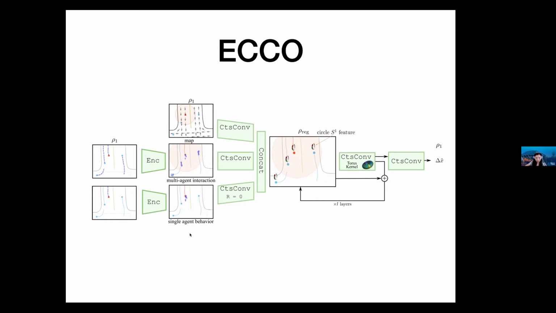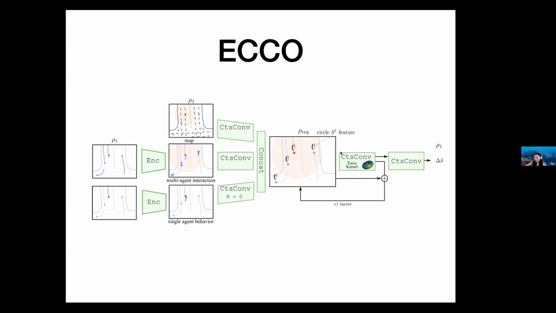So we separate three types of information using three different continuous convolutional models, and each of the models is our equivariant continuous convolution. Then we concatenate the intermediate representations using a fully connected layer, and that gives us a function on the circle for each of the little cars. Then we again use a continuous convolution to aggregate all the features in the hidden layer, and that will generate the predictions, which is the delta in x, which is the velocity. So that's the velocity in the positions for the cars. Then we can calculate the future position by adding the velocity to the previous position.